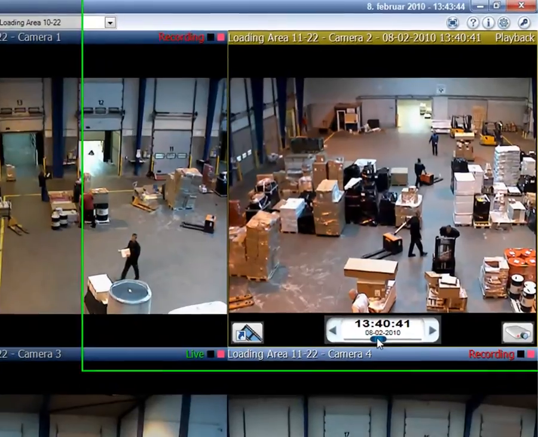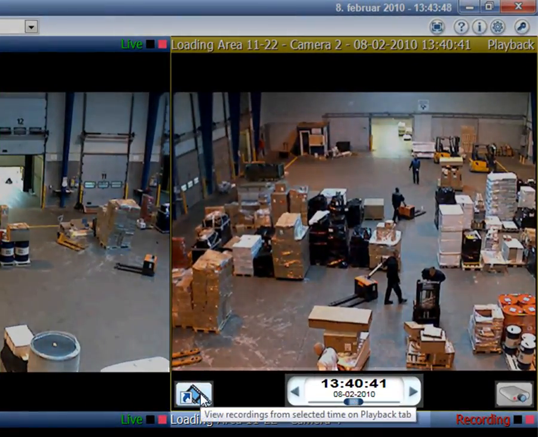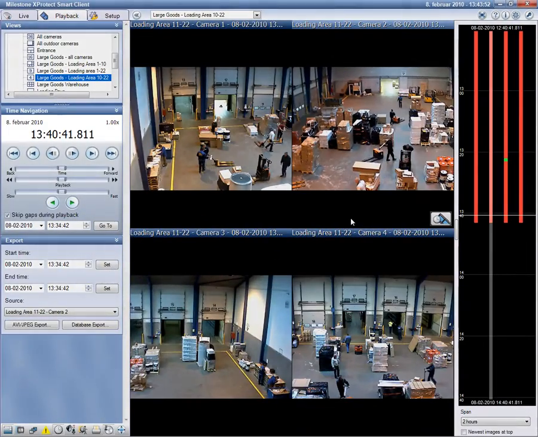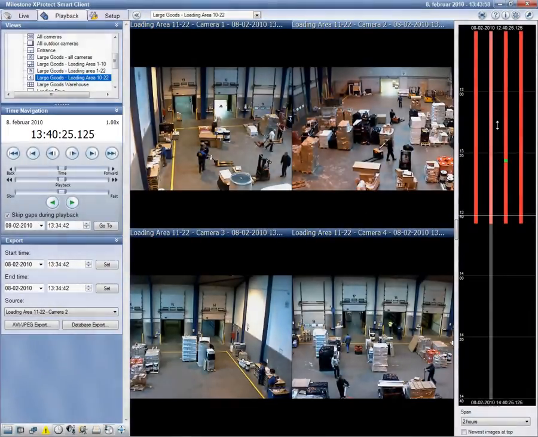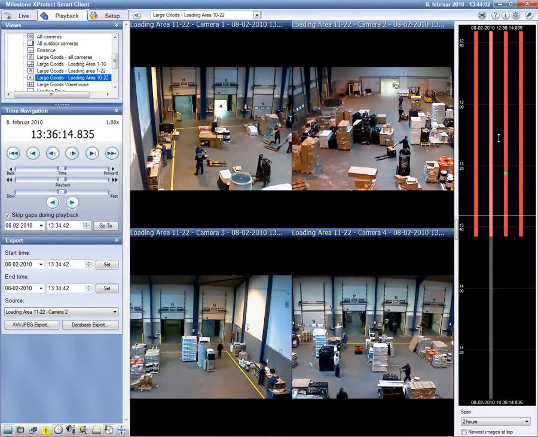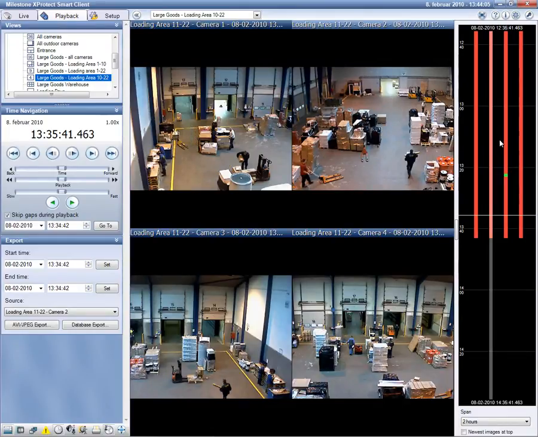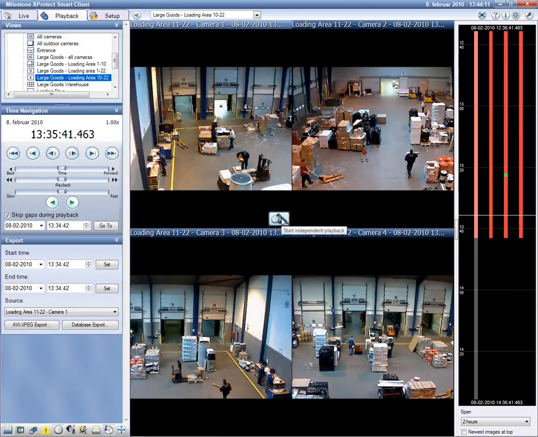If you find something interesting that requires a more detailed analysis, you can view all cameras in playback from a given time by simply clicking the synchronized playback icon. This will take you into the playback mode where the time from the independent playback is inherited, as you can see here. Now you can continue the investigation for all cameras in the view. Just as in live mode, you can force one or more cameras into independent playback for detailed investigation of an